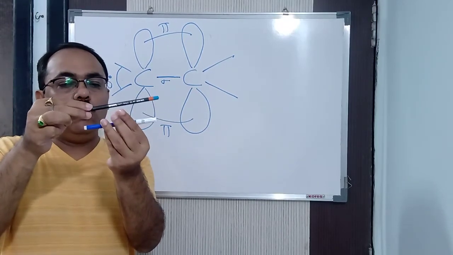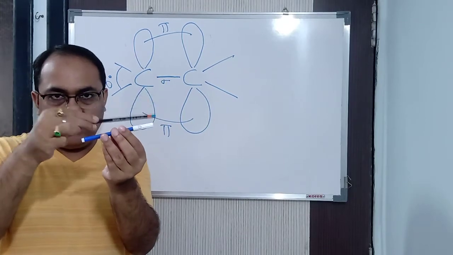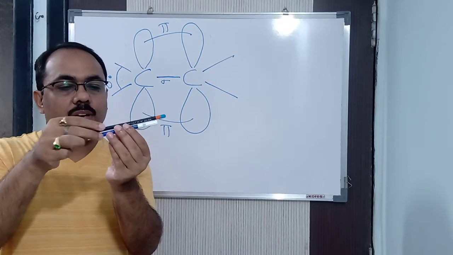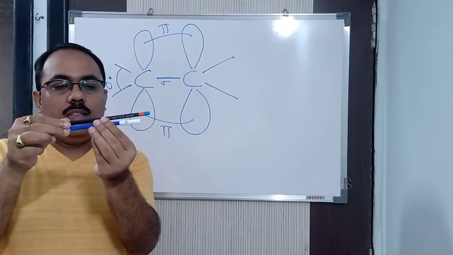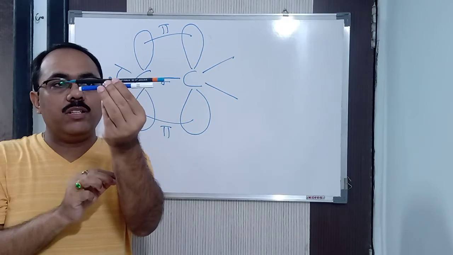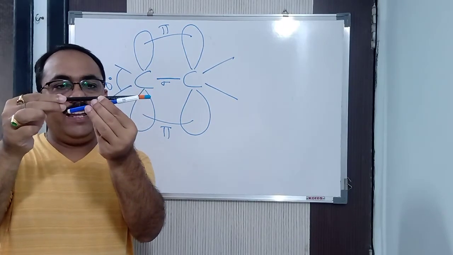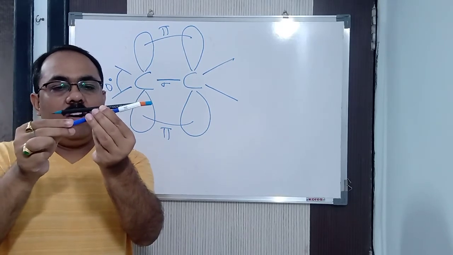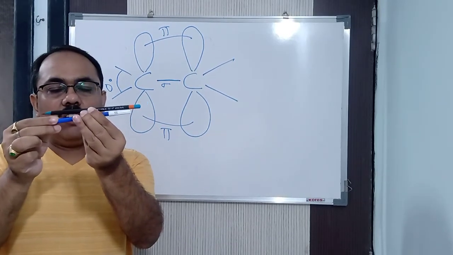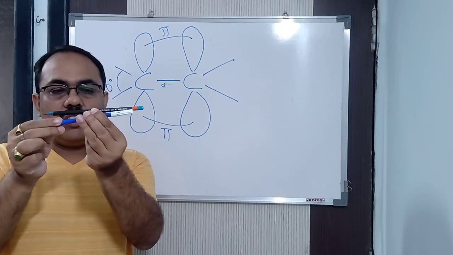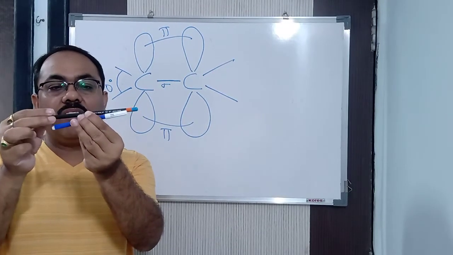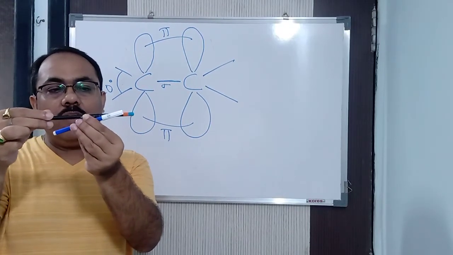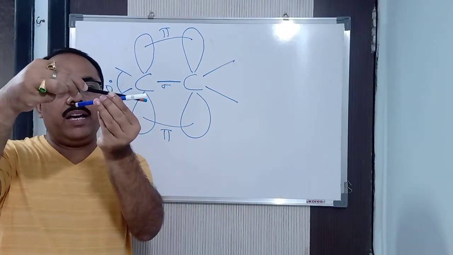Now we will come to geometrical isomerism. If I want to rotate, see, I am holding it in this way. The pi bond is slightly bigger than the sigma bond. See, if I want to rotate, can I rotate freely? No. Why? Because this smaller one will offer hindrance, as both are not of the same size or length. This will offer an obstruction, a hindrance. So maximum I can rotate up to this. See, maximum I can rotate up to this.